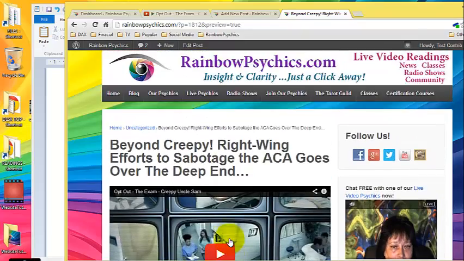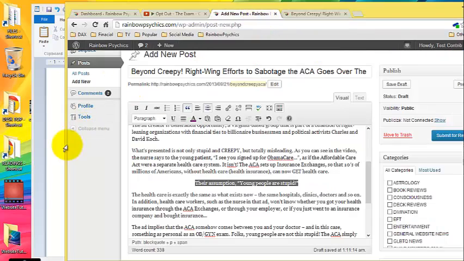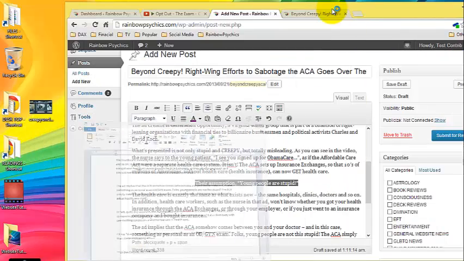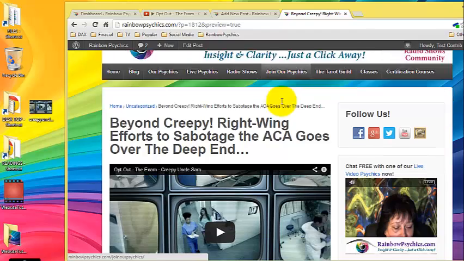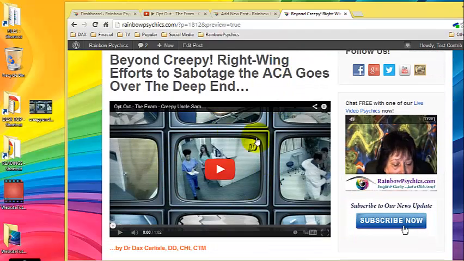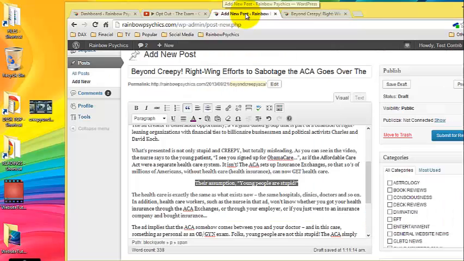There's something else I'm going to do. I'm going to add a picture. Okay, we don't need this anymore. What I did was I took a screenshot image of this right here to use as an image. Why am I doing this? It already has the